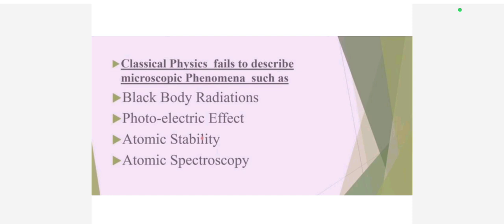And last is atomic spectroscopy. Basically it explains the atomic spectra. Atomic spectroscopy is the study of electromagnetic radiation absorbed or emitted by an atom. An atom releases or absorbs some electromagnetic radiation. This phenomenon is called atomic spectroscopy. Then